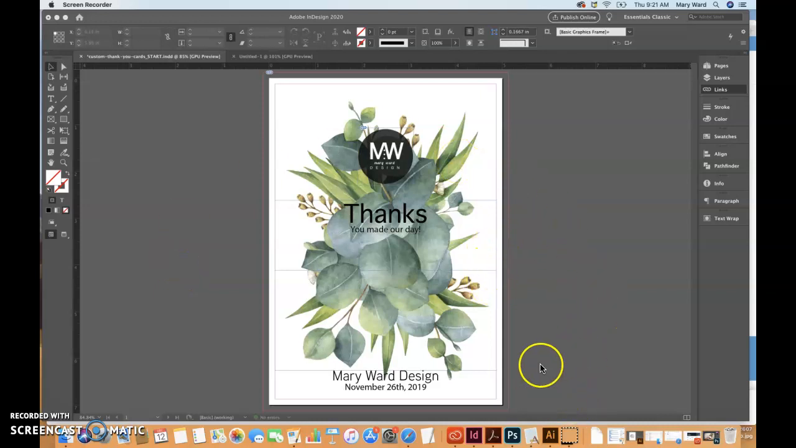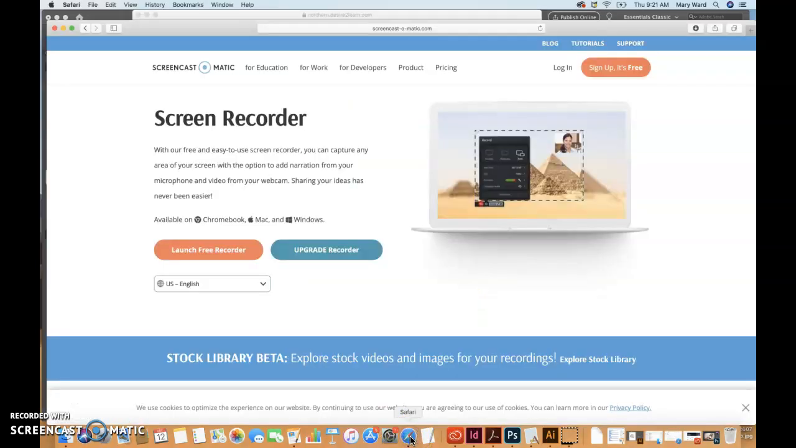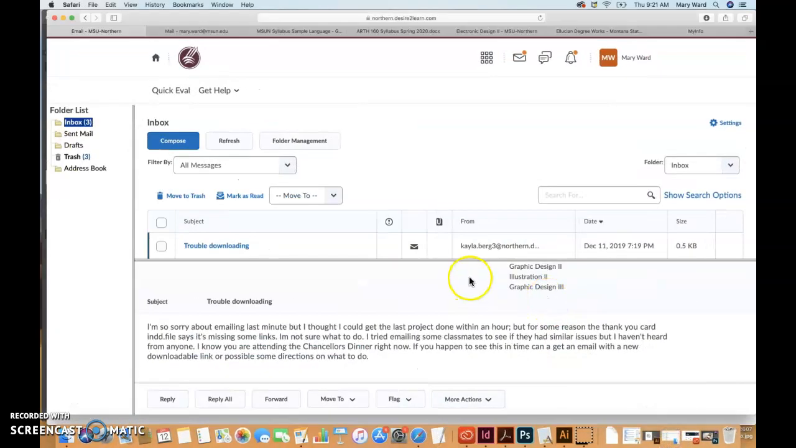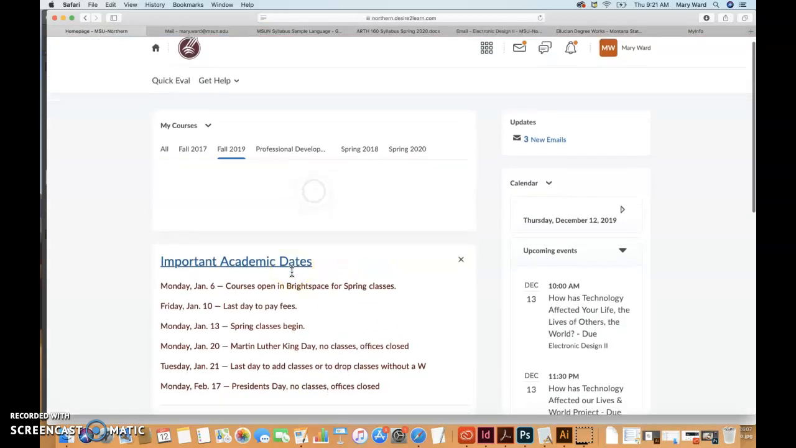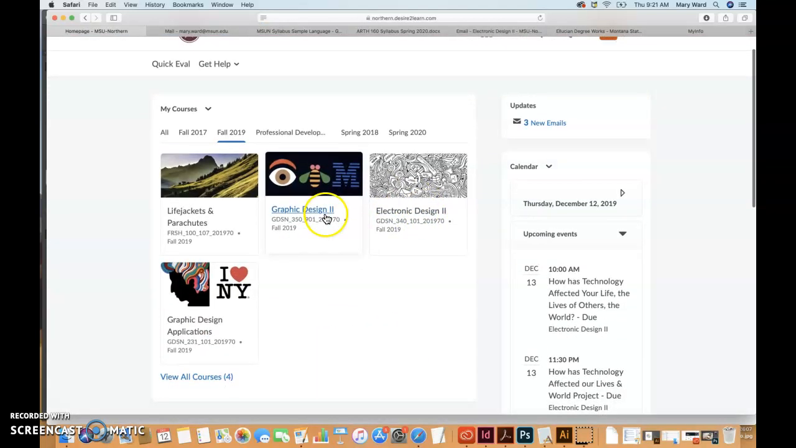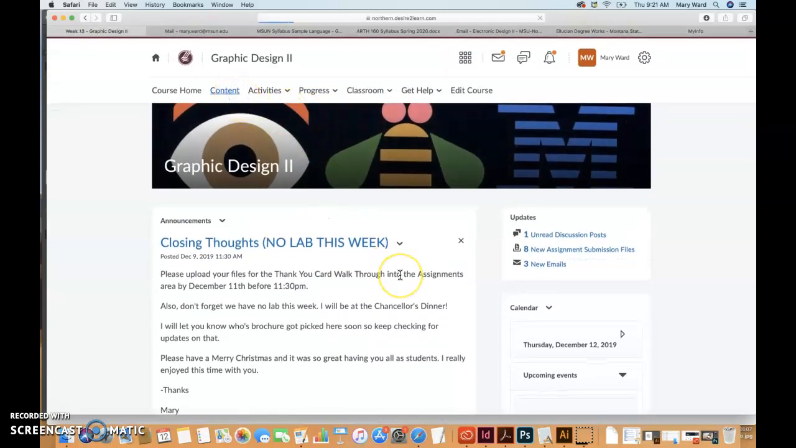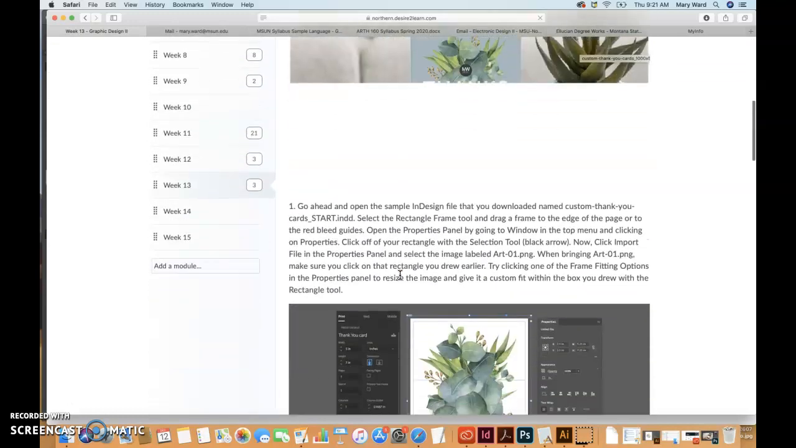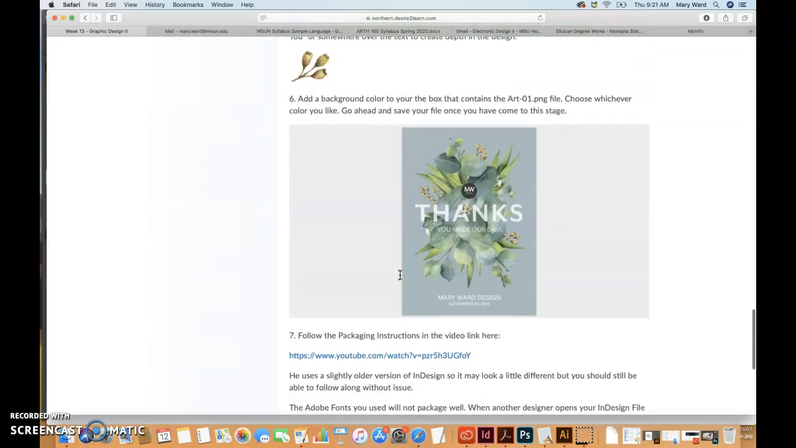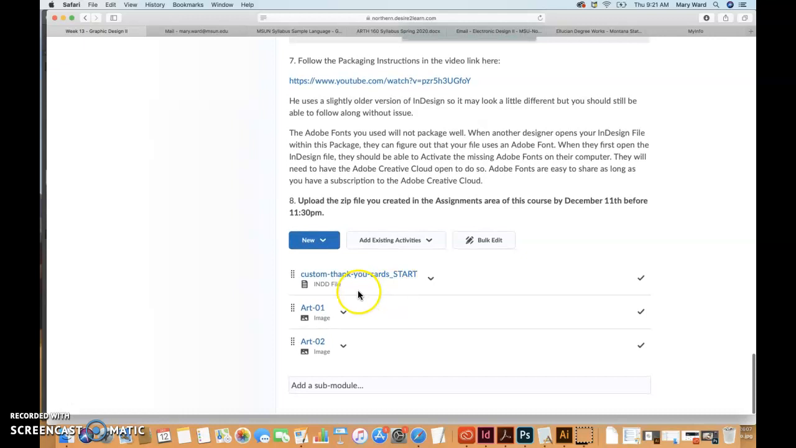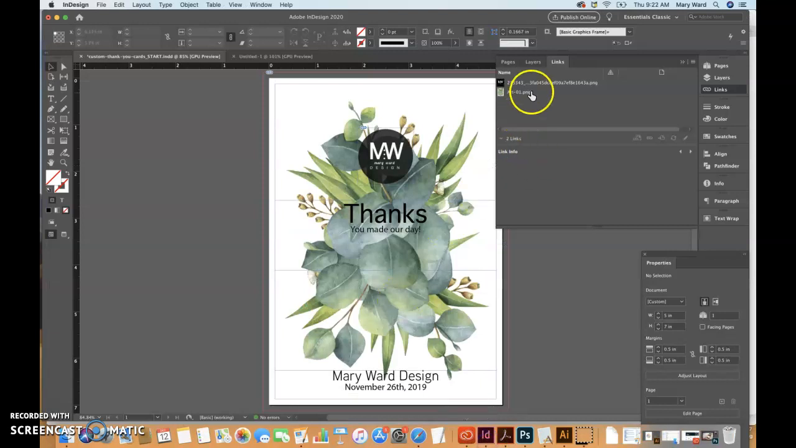Just make sure in Brightspace that you downloaded those links from Brightspace. So if we go into where the walkthrough is, the links are right here. So here and here. So you'll have this file and this file,